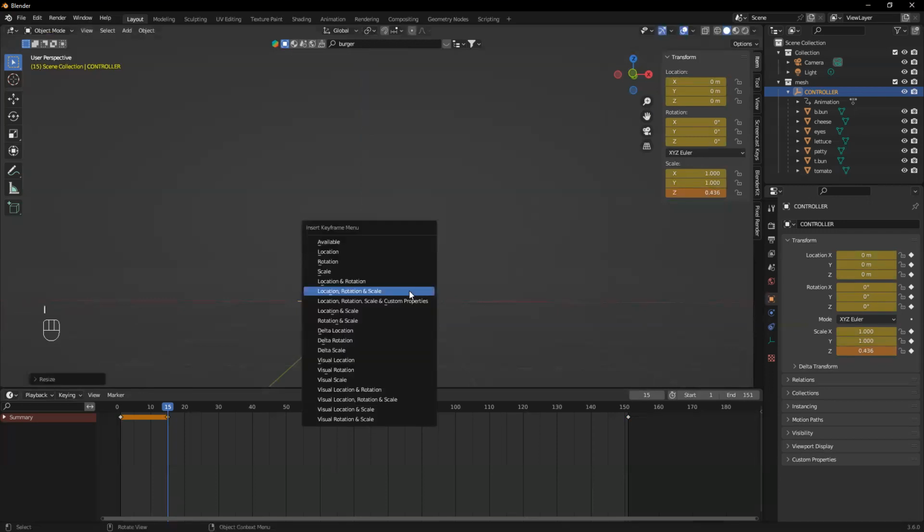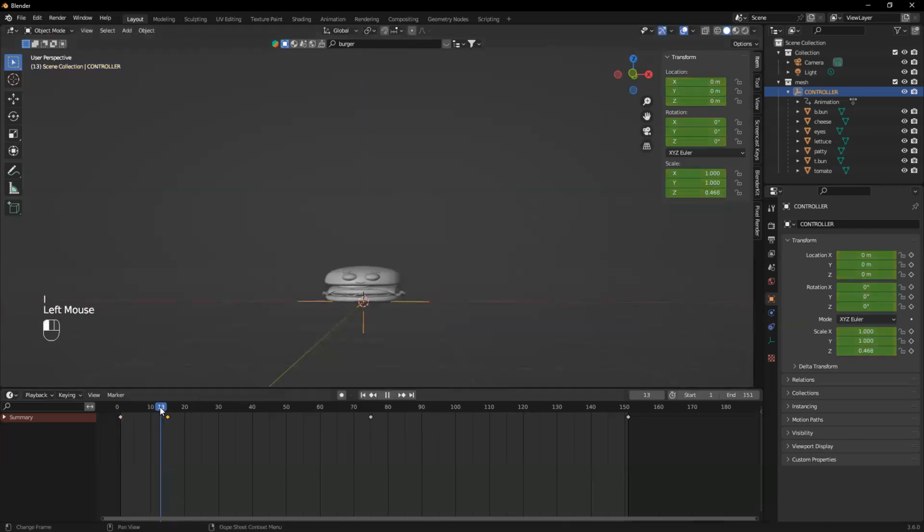And then press I for location, rotation, and scale. Let's see how it looks. Okay, there we go. Starting from frame 1 to frame 15, it's going to be doing that. And then, in this part, I want a few frames right here